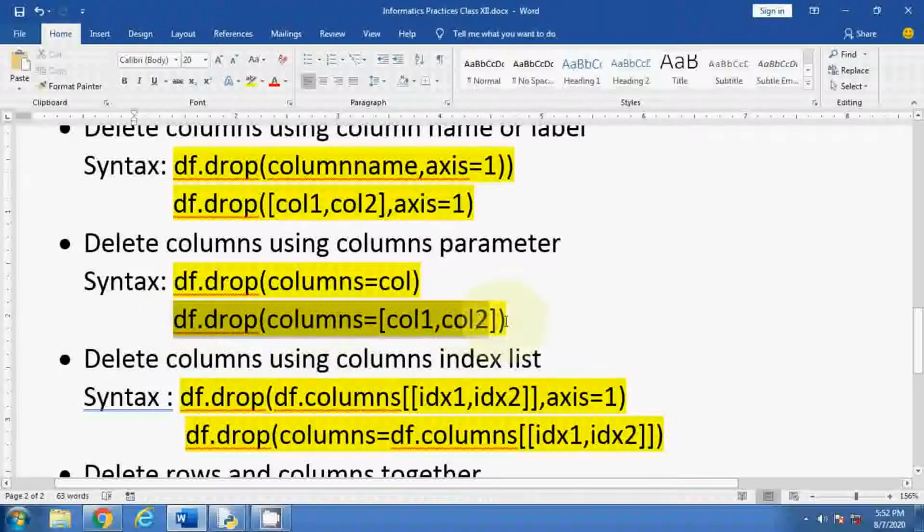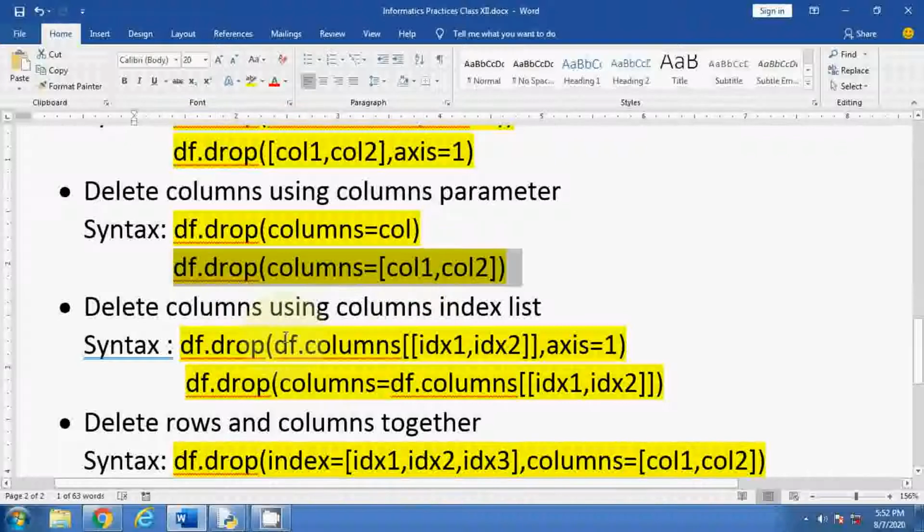The next method is delete column using column index list. Here you have to provide the column index like this: df.drop, df.columns. This one is very different. See, here the df.columns word is used whenever you are giving an index. Now idx1, idx2, axis equal to 1.